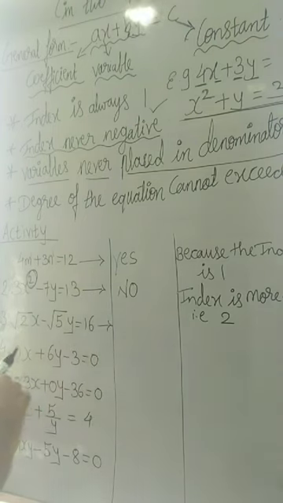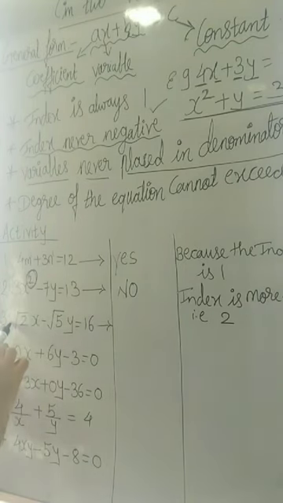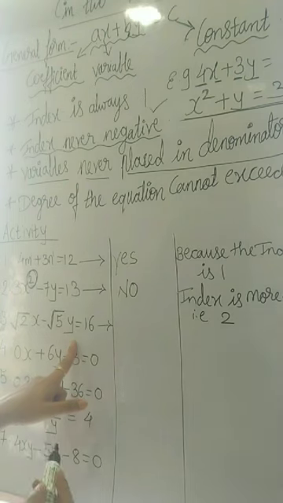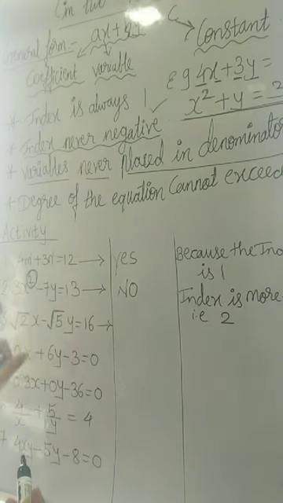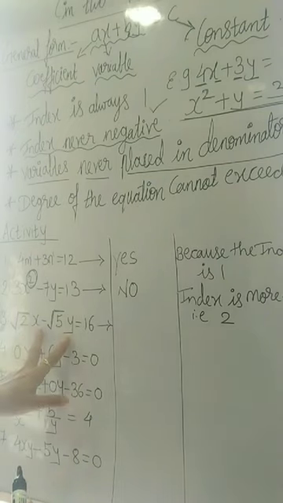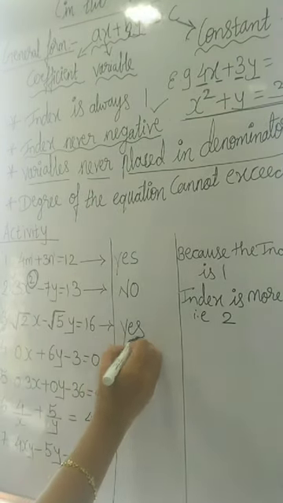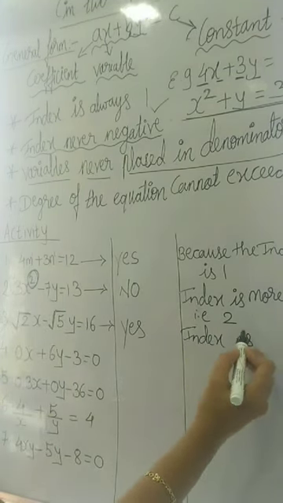This one, can I say it is a linear equation? Yes, I can call it a linear equation, because do not get confused with this root sign, students, because the numbers, the coefficients, are under the root sign, not the variables. If we had seen the variables under the root, then I would have said no, it is not a linear equation. Now as the variables are not under the root, only the numbers are under the square root sign, this follows all our rules of a linear equation. I will call it a linear equation, and the reason is the same: the index is 1.